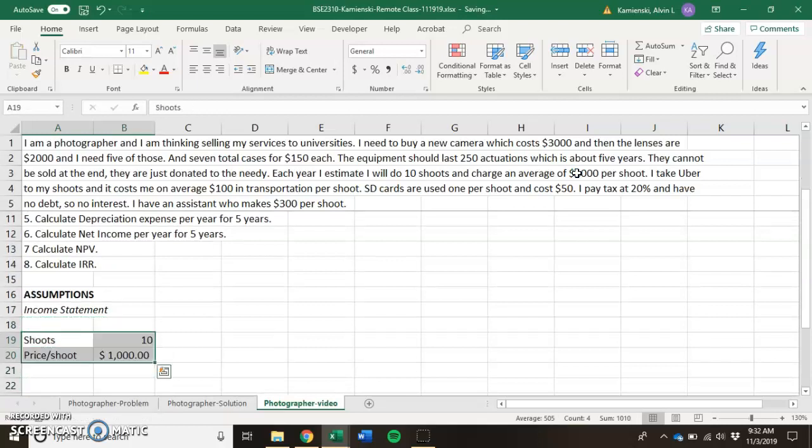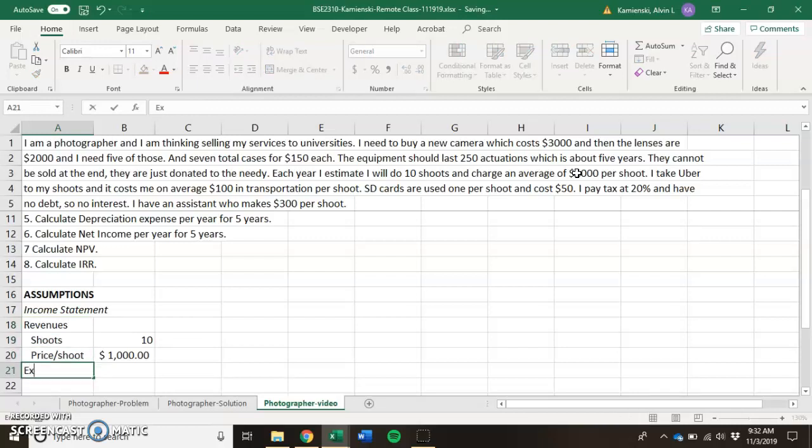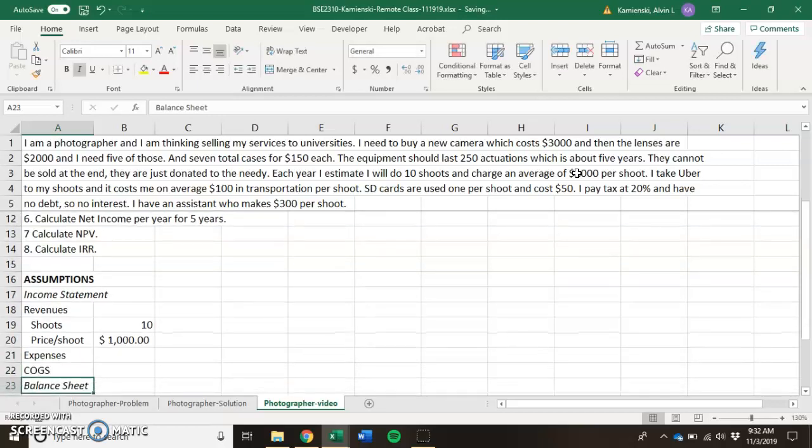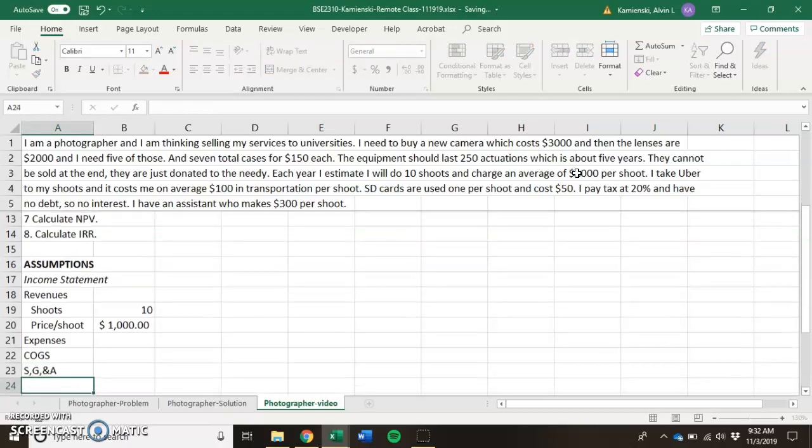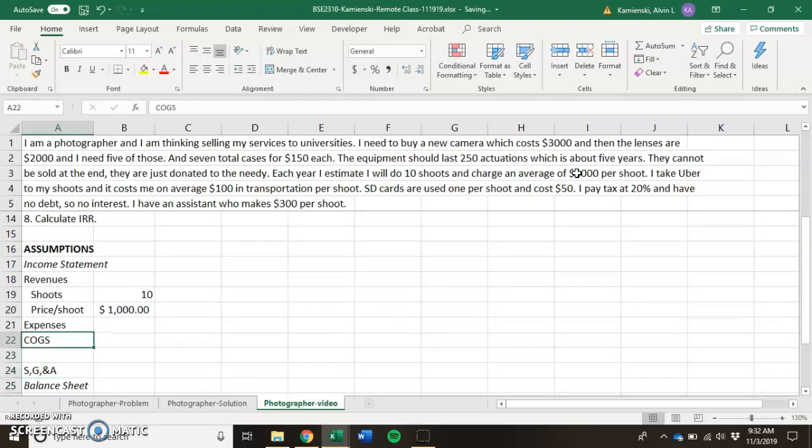So let's label these as revenues, indent them a little bit, and now let's think of our expenses as being in 2 categories: our cost of goods sold and our SG and A. Ultimately, as a finance person, we care more about the cash flows than the accounting. So whether or not we put the expense items in the right category won't hurt us, but let's, for the